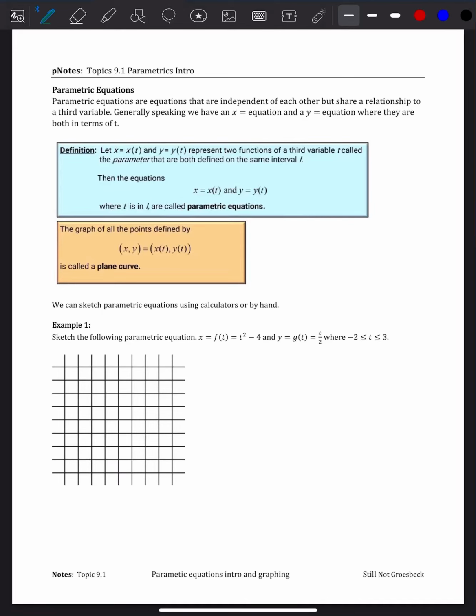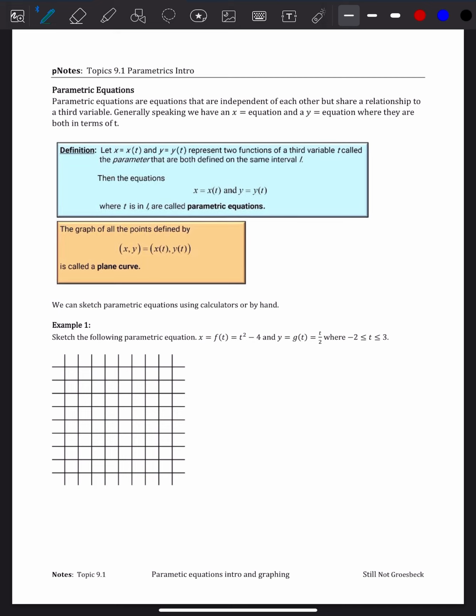Today we're going to be talking about the beginnings of Unit 9. We're going to be starting with parametrics. So we're going to go into a little bit about what a parametric equation is, and then we'll talk a little bit about derivatives. So parametric equations are equations that are independent from each other but share a relationship with